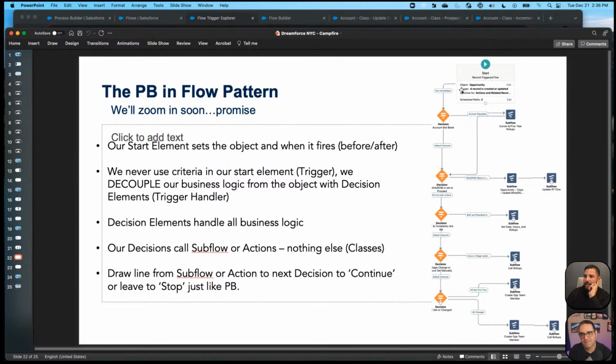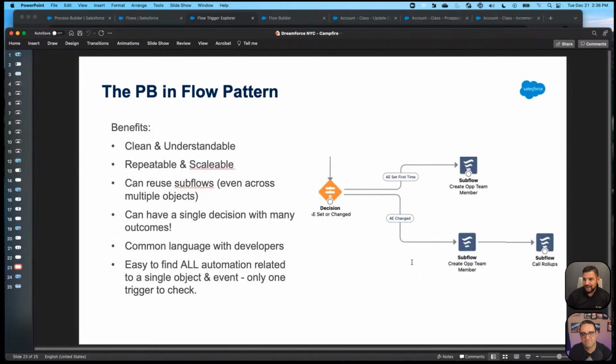And you can see I have my start element. I'm running immediately, and every one of my decisions is pointing to a subflow, or pointing to multiple subflows, or in some cases I'm using the same subflow multiple places called from different criteria. And then this one's my favorite one. This is something we cannot do in Process Builder.